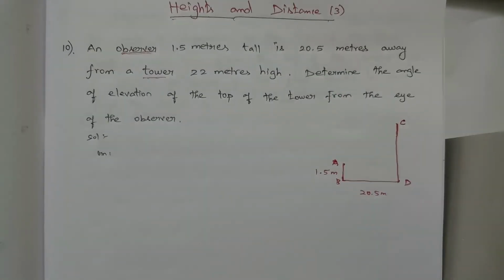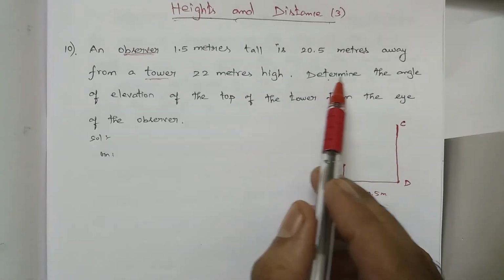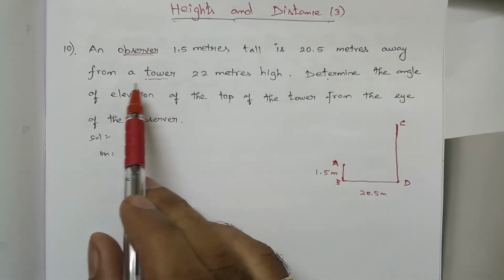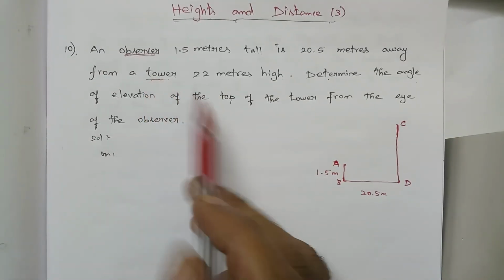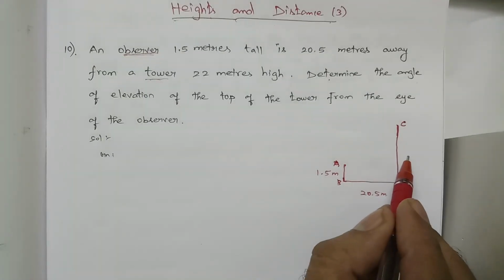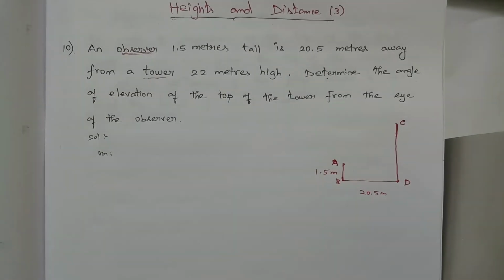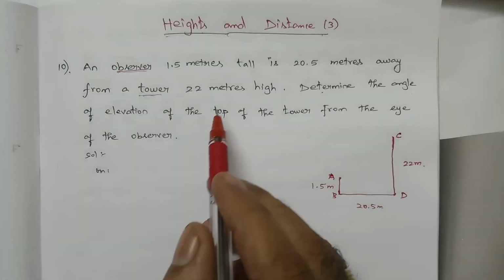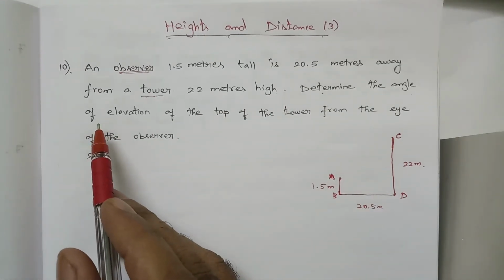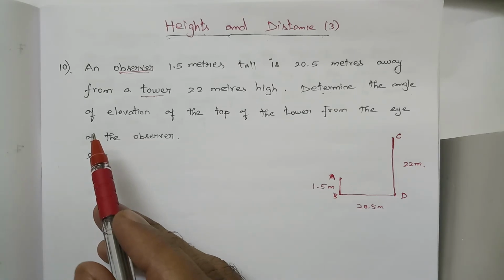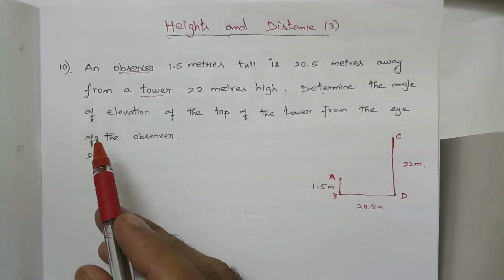Next, determine the angle of elevation from a tower 22 meter high. That means the height of the tower is 22 meter. Determine the angle of elevation. So what do we want to find? We want to find the angle of elevation. If you want to find an angle, whether angle of elevation or angle of depression,